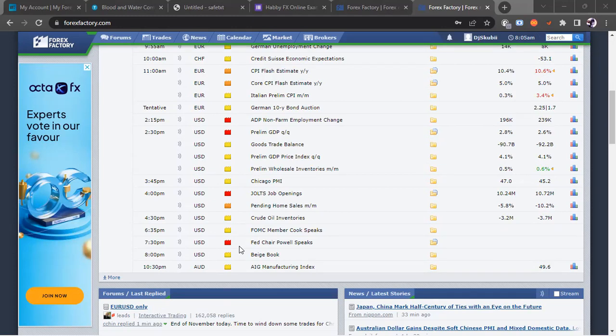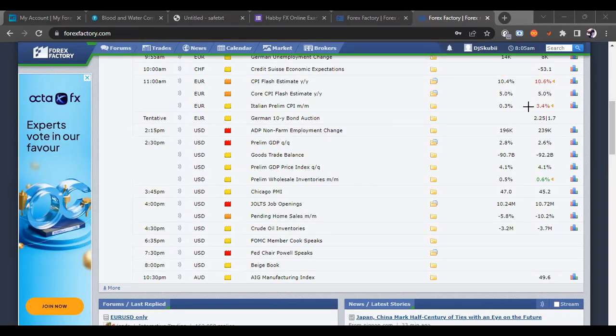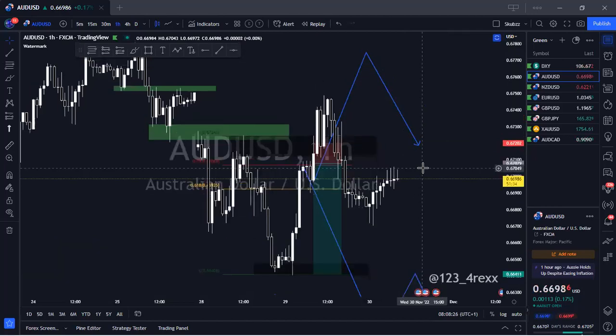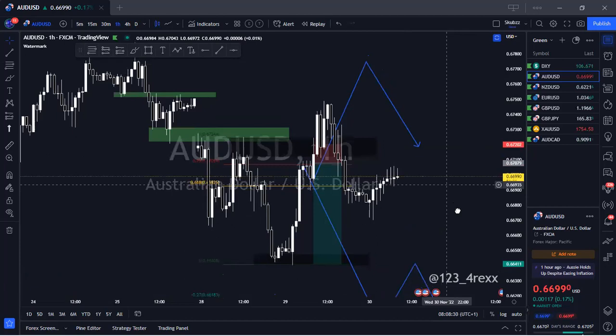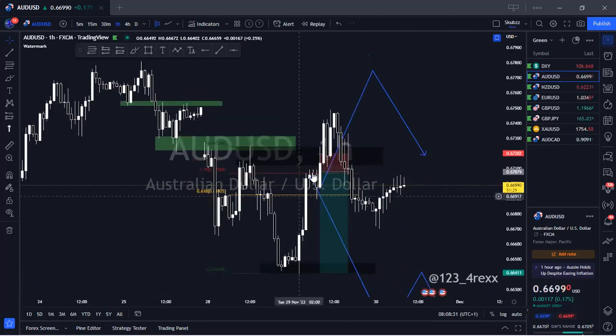But before then, let's jump on our charts and see what we can grab. Looking at all these pairs, they are quite bad. Yesterday, all these pairs did me dirty. I was looking for a retest. I did not get a retest. And then price just broke above and then came back inside the range. We're actually bullish right now. And then I think we created an entry criteria. We have been pushing up small, but I did not see this, it was around 1 a.m. So this one is already gone. So I am going to wait.